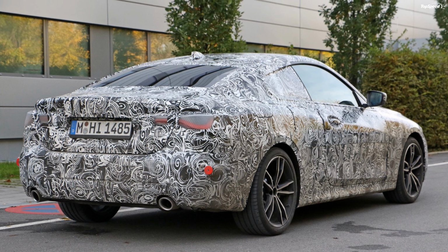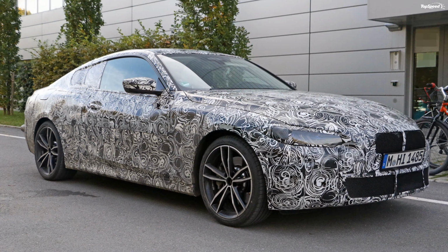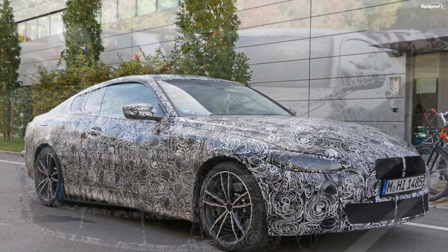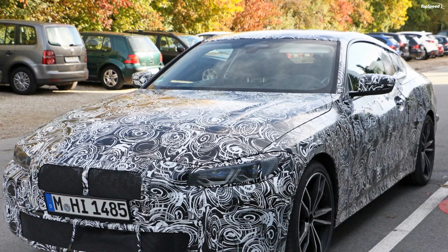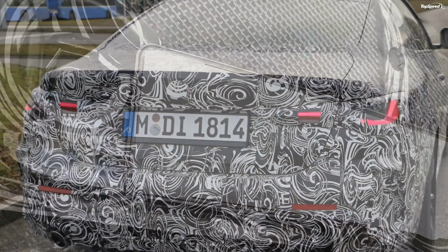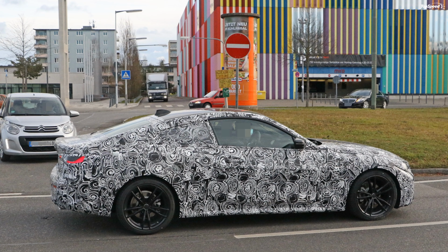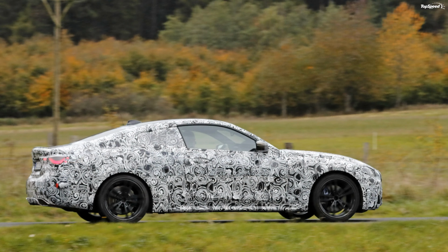What's more, we expect the new 4 Series to cost more than the 3er, which in the US starts at $40,750 in 330i guise, while in Germany it demands a price of €39,950. Competition. Audi A5. The Audi A5 can be had in the US in 45 TFSI flavor, which means it